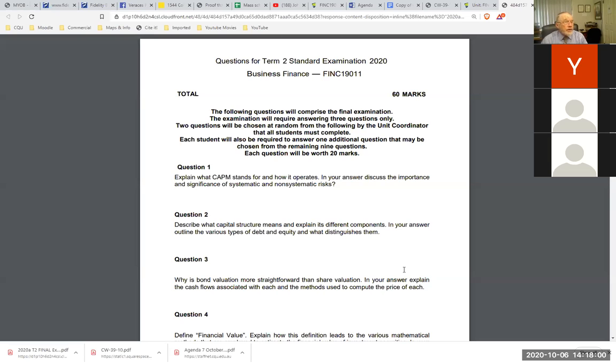But just do whatever works succinctly. I don't want 50 pages of waffle. I prefer 2 pages of crisp answer. And if you want to use bullet points, or diagrams, whatever you want to use,